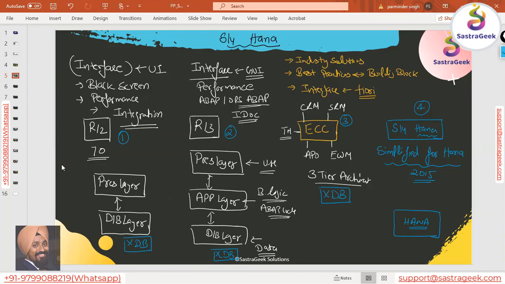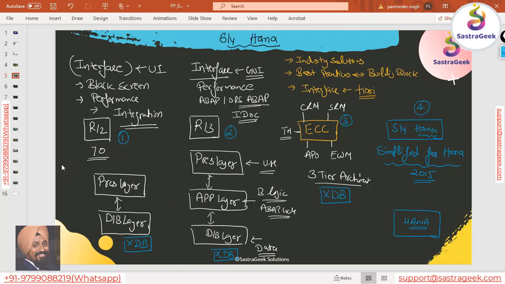So far, they had worked till ECC on the application, making sure that better code and better business processes are available through better app coding. Then from 2015, this HANA journey, which started in 2010... They launched HANA around 2010, and the development even started very early, from 2002 or 3.